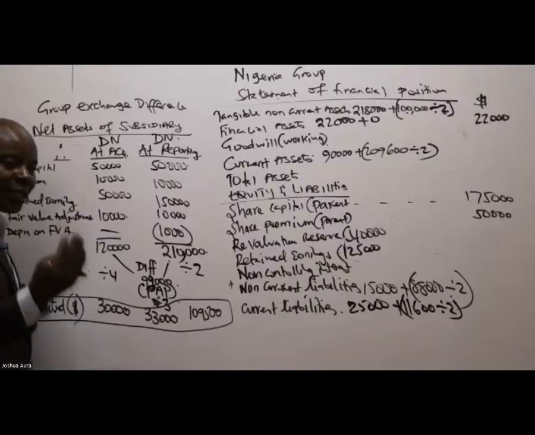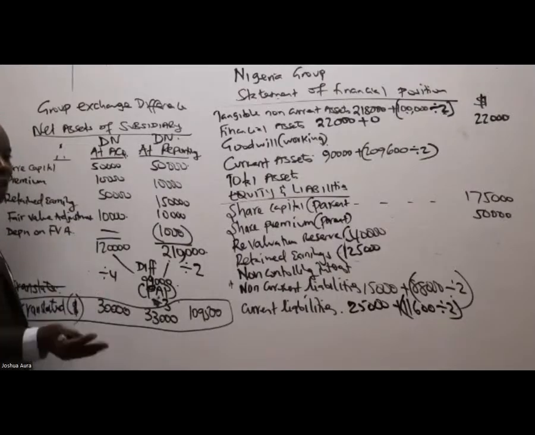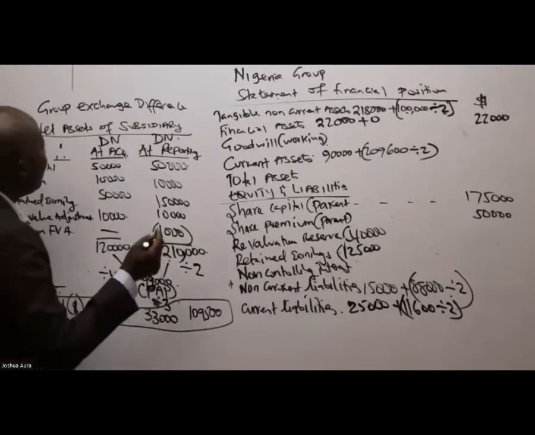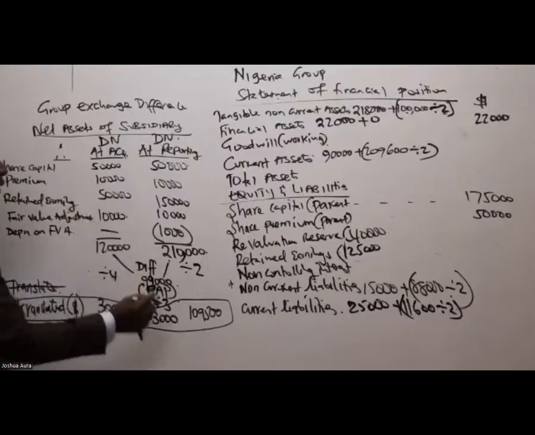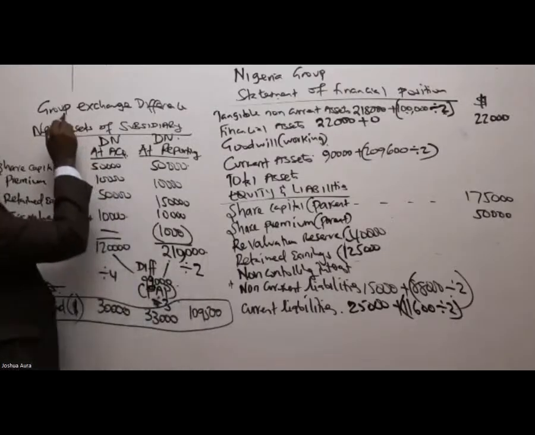That is an exchange gain. So then how do we get this group exchange difference? I will take the closing